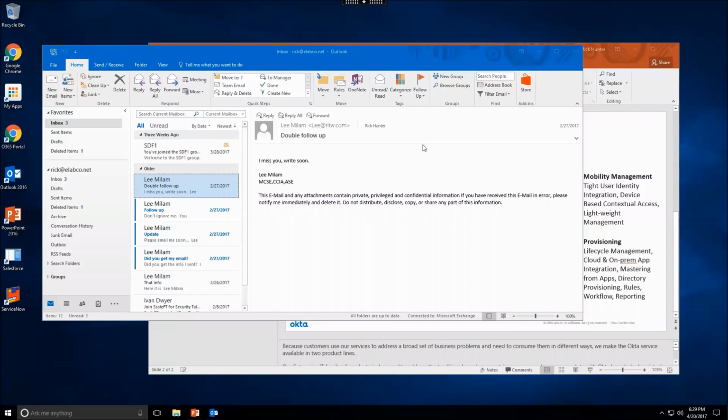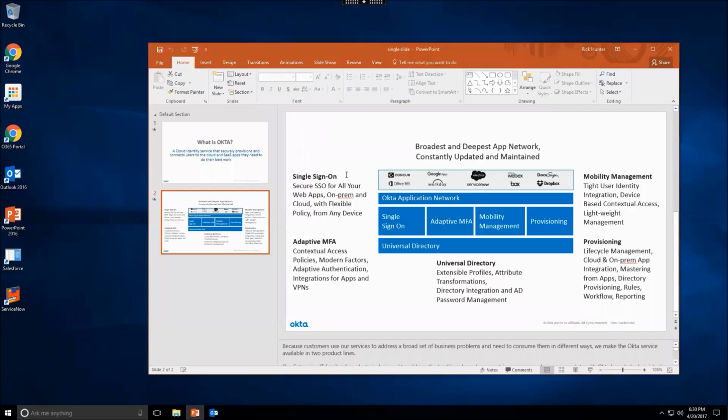So here I am logged into my desktop at my office. I've come in, sat down, logged in with my standard user credentials, and I've got some of my normal standard applications that I run. I've got my email on here. I've even got my PowerPoint up here on a PowerPoint project that I've been working on trying to get done